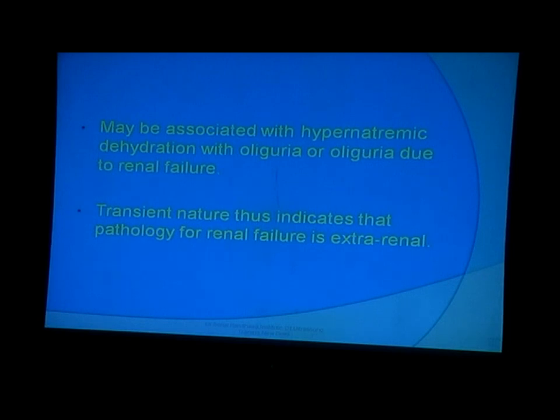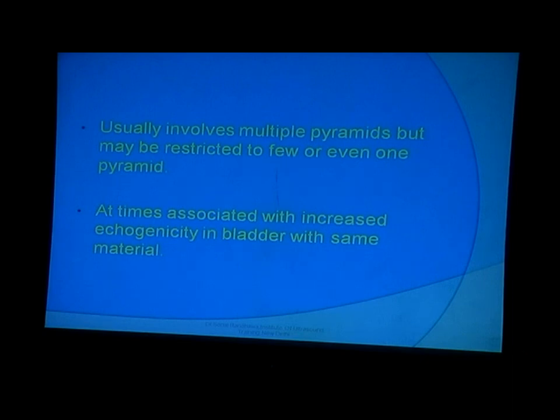What else? Can it be pathological? That is what it says, that this is important. Many times you will come across infants or children who are dehydrated. That's one common pathology in India, I think. So there also you may find increased echogenicity of pyramids, and when the cause is treated, this disappears. So you have to keep this part also in mind, that due to oliguria, due to renal failure, or due to dehydration, you may again find that the pyramids look bright. And once the treatment is done, they will come back to their origin.